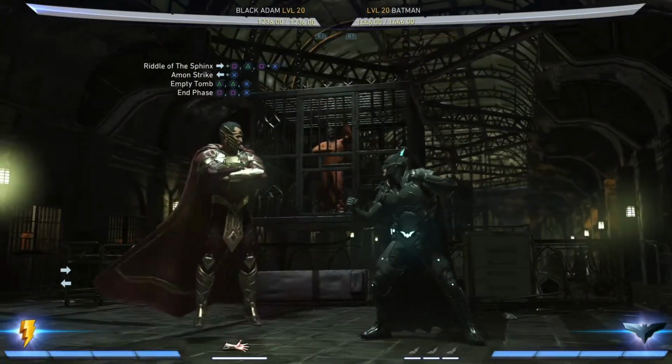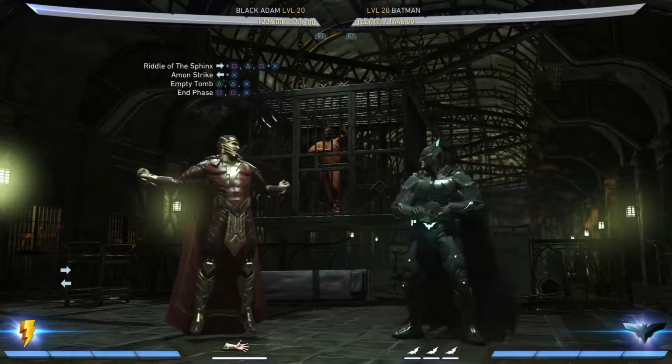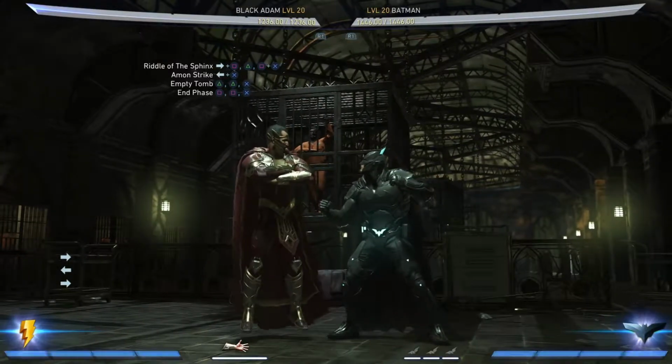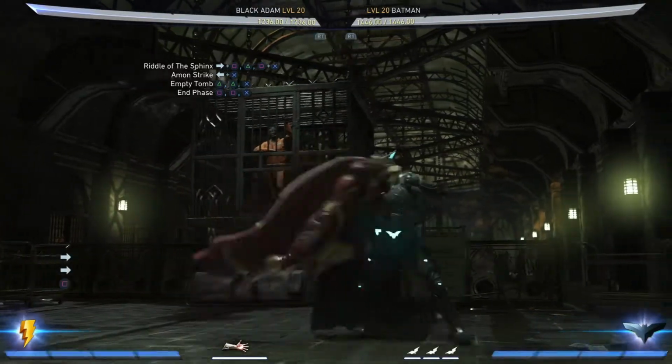233 damage. So what I did is I did the Riddle Synfix forward 1, and then I did the Empty Tomb 2-2, and then I meter burn forward, or you can do backwards, and you can go where you can go from that is